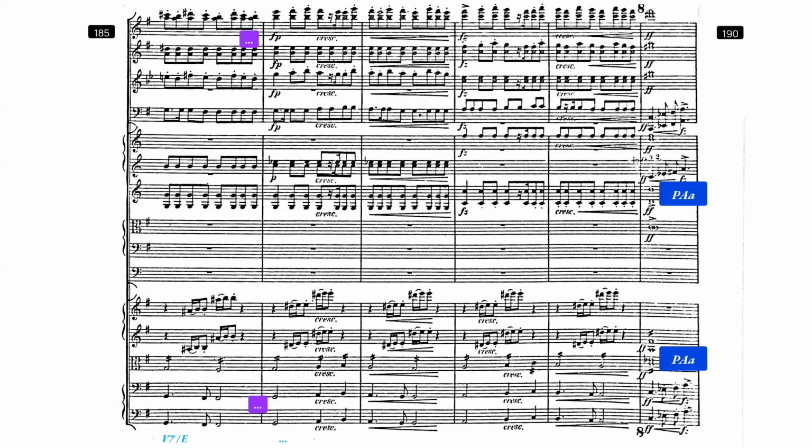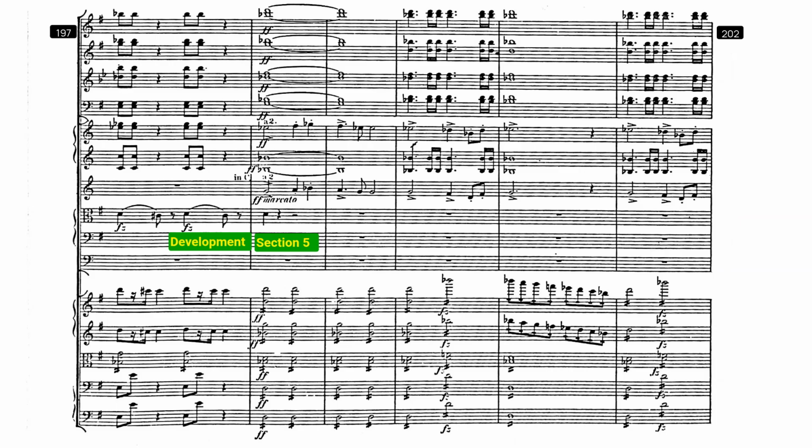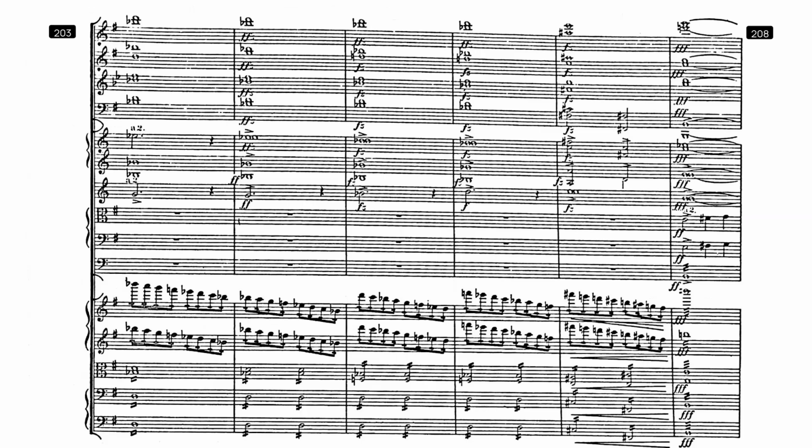Now PAA from the first movement is quoted by the low strings doubled by horns and bassoons, ushering in the fifth section of the development, now in a dominant of G minor. The principal themes of the first and fourth movement alternate, then give way to the fourth movement melody in diminution, which fragments until reaching 1/6/4 of G minor, where this movement's principal theme is played by the trumpets, first and second horns. This is extended with the second subphrase PAB, which builds over a 1/6/4 in G minor, until suddenly